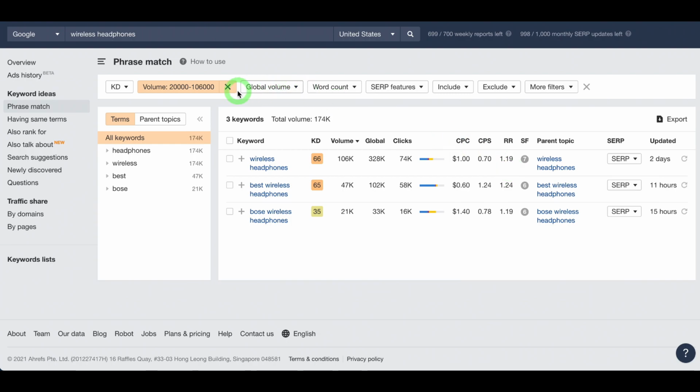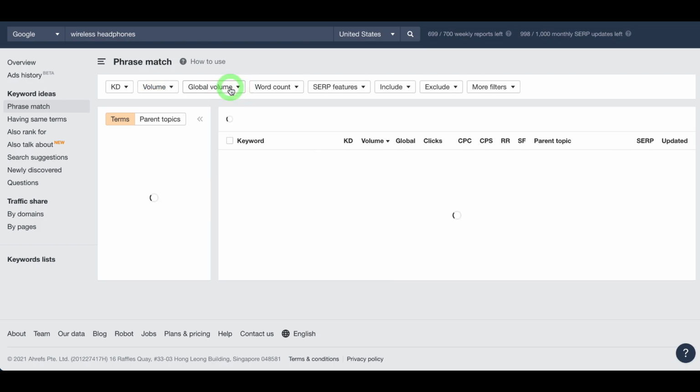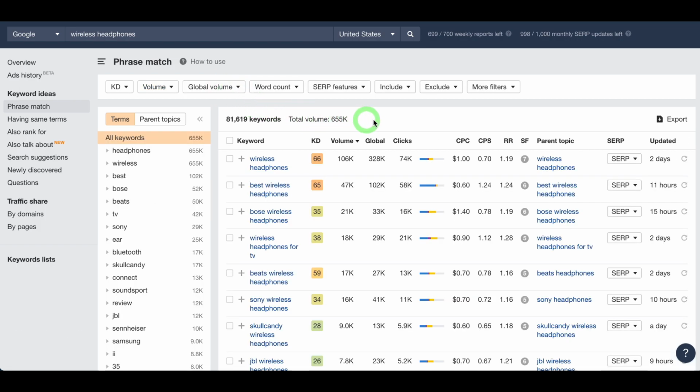Right. So let's say, okay, I've got these keywords here and I'm happy with that, but I want to find probably one more keyword, okay? I want to focus on keywords that have more than 2 words,